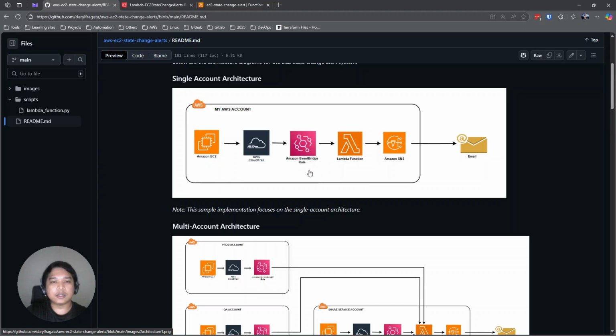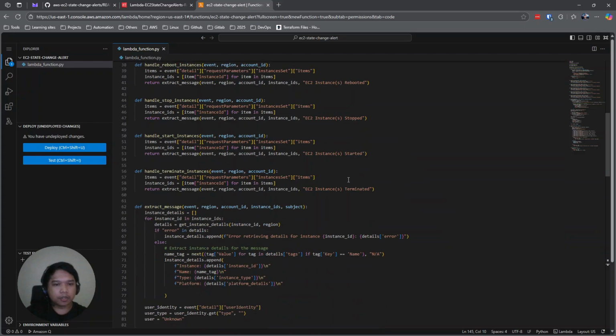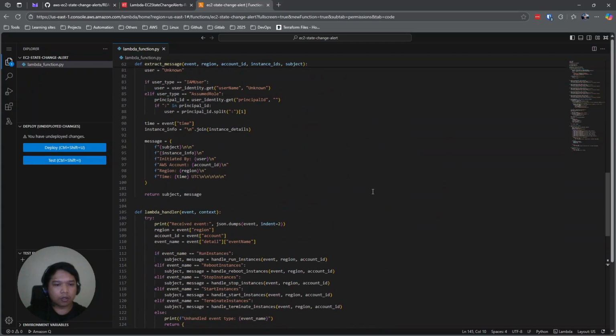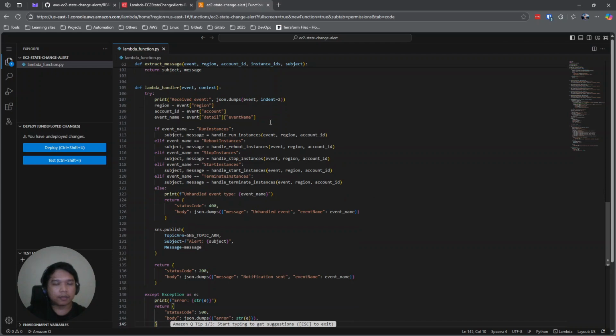That data is the event created from the Amazon instance. In the Python script, this is the core function, the Lambda handler. Basically, the summary of this script is that it will handle the event based on the event type, or I mean event name.